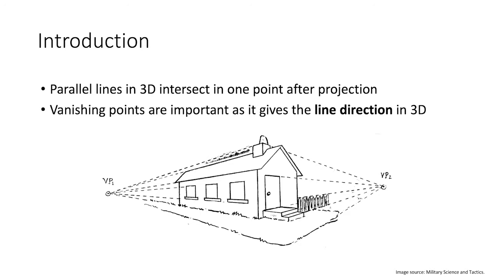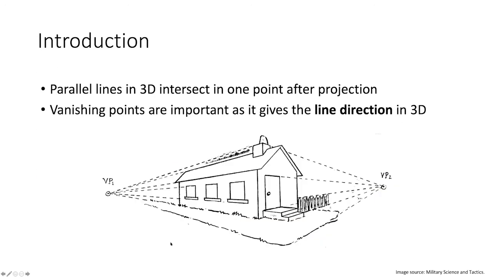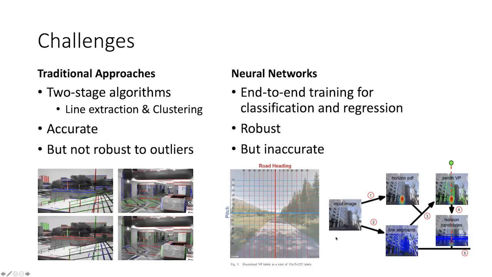So now, this sounds like a very simple problem for detection. Parallel lines intersect at an individual point, and in most cases you may only have a few sets of parallel lines, which means there are only 3 or 4 maximum vanishing points. But how can we detect them reliably? Although they look simple, this is actually very different from traditional object detection. Why? There's really no image of vanishing points. They're something abstract. They're the relationships of parallel lines in the perspective projection.